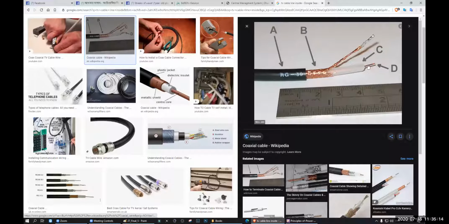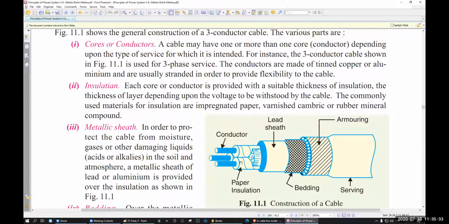After that, you have a cable cover. This is the sheath. Sheath means metallic shield. Can you see the metallic shield? Next, you have dielectric insulation, that means this is called paper insulation. After that, you have your conductor. So exactly the same thing. You have a paper insulation, paper mixed with wax. Then you have the lead sheath. Lead sheath means this is a metal part, a metal cover or metal protection.